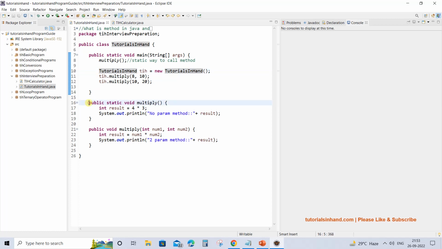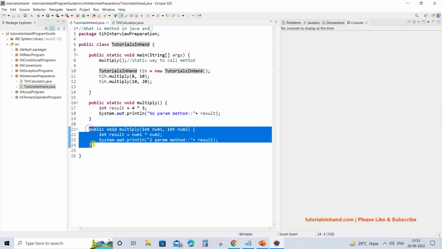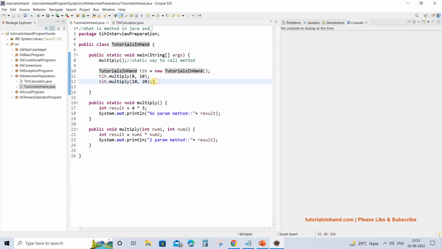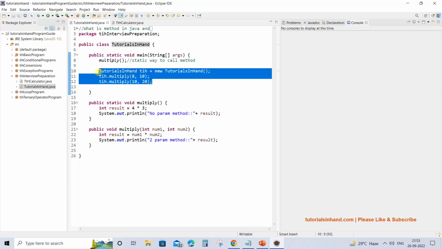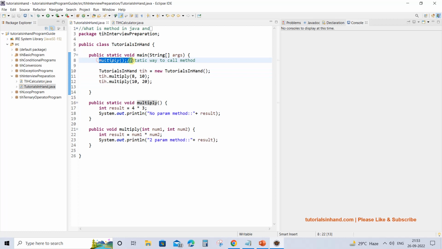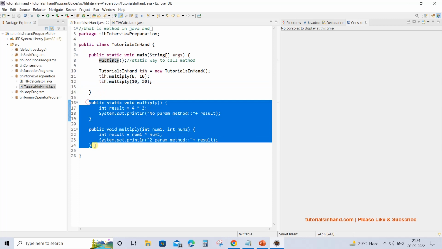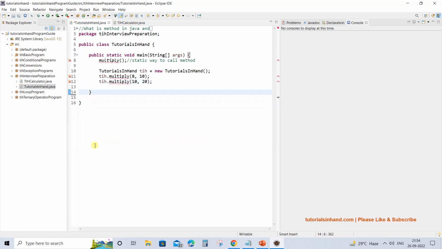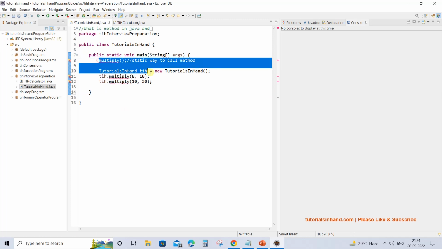We had a few static methods and a few non-static methods, and we had seen how we can call non-static methods and how we can access a static method directly. So now we are going to move ahead and place these methods in another class from here. So this becomes clear and we don't need these things now.